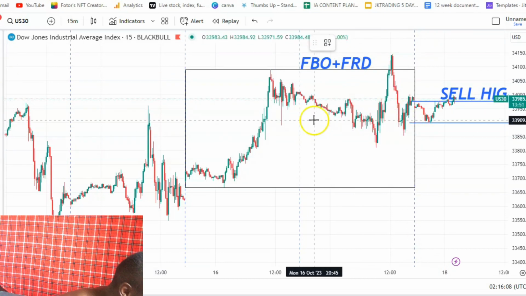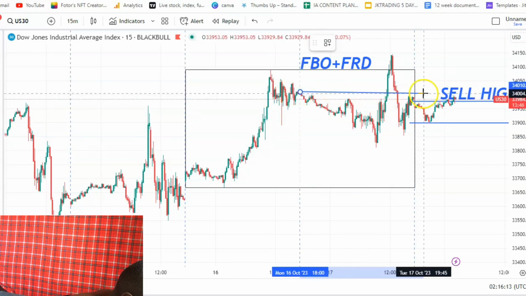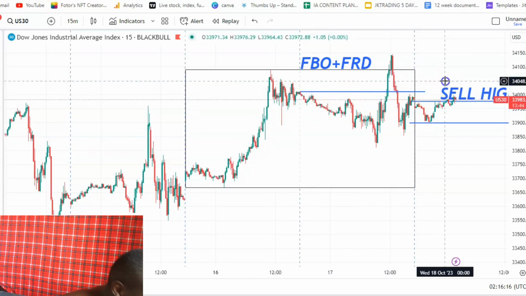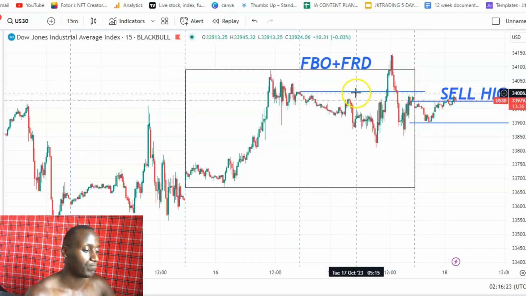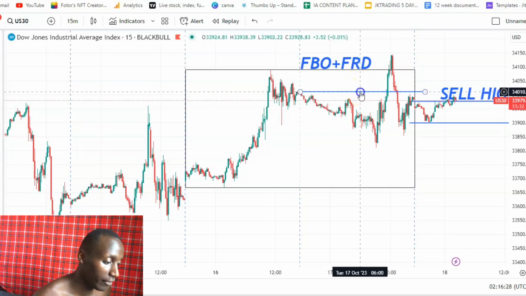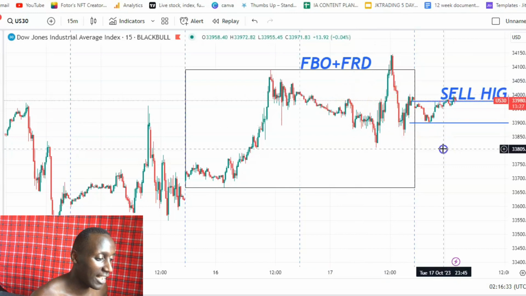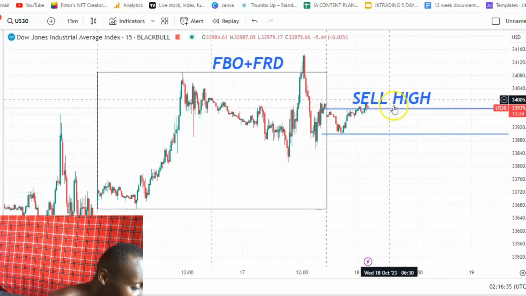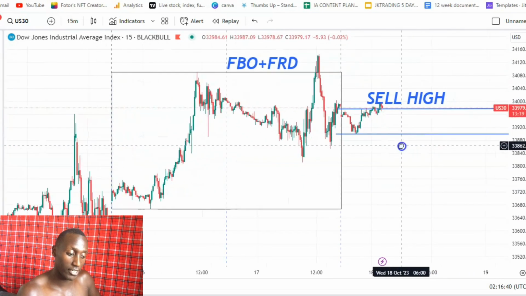But also look at where price opened. This was the open. So if we draw a straight line, look at where the open is, look at where the close is. The close is below the open, meaning we have now our first red day. Now, if I have my first red day, then I know on the next day I am looking for an opportunity to sell high. So if we get a setup today in my trading window, which is past 9:30,